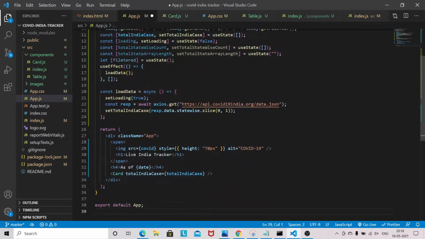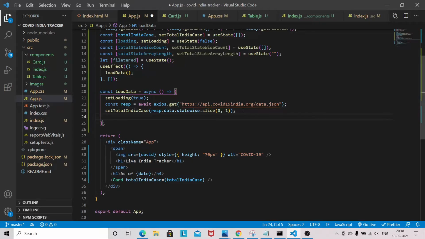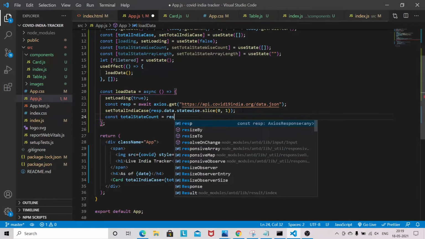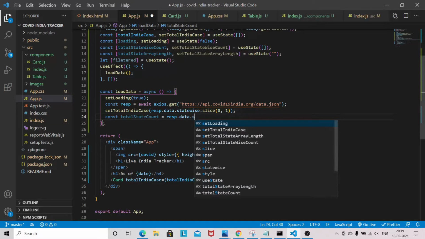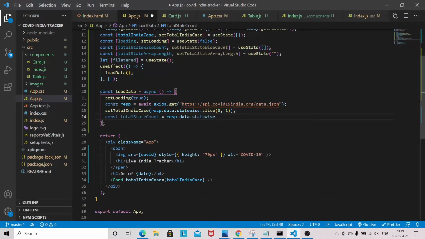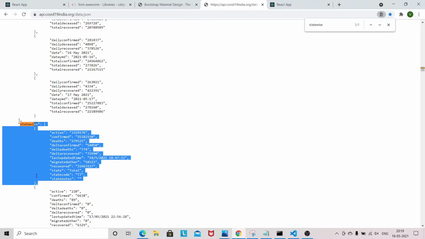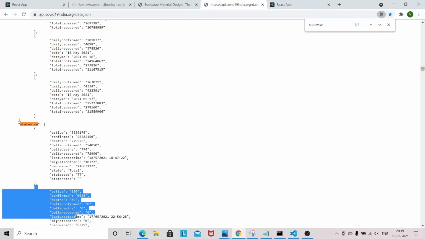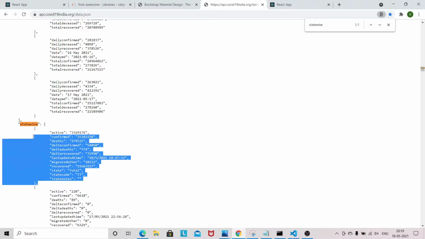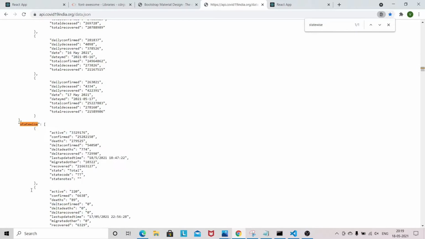Now come to the load data. const total state count is equal to, so now what we have to do in state wise is remove the first array object and keep the rest of the array objects. Because the first one represents the total cases in India, and the rest represent the state wise count.